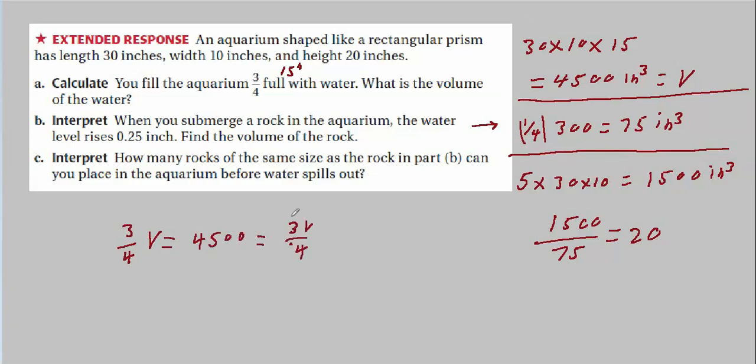If we did it this way, we would get that 1/4 of V equals 1,500. After all, you just divide through by 3 now, or you could have done it over here actually. And you get V over 4 equals 1,500, which is what we were looking for. We wanted 1/4, that's the part left over, and you'd get 1,500 that way also.